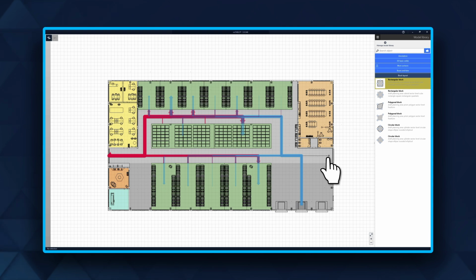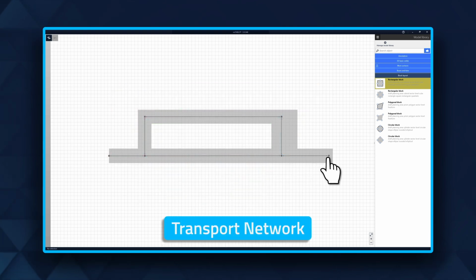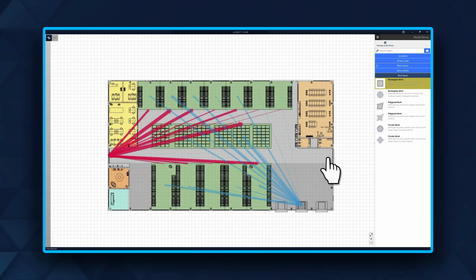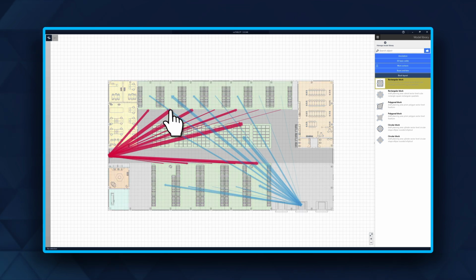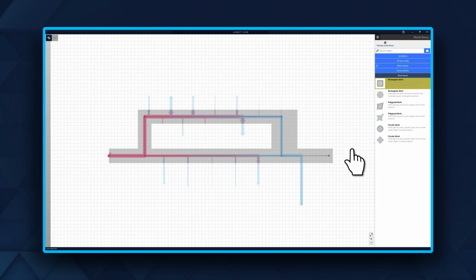It is crucial to understand the difference between material flows and the transport network it uses. Here's how it works. We begin with the material flows, the connections showing goods moving between processes. We want these flows to operate within transport areas, the physical zones where movement occurs. The network itself consists of transport paths which we layer onto these areas, creating designated routes that guide and contain